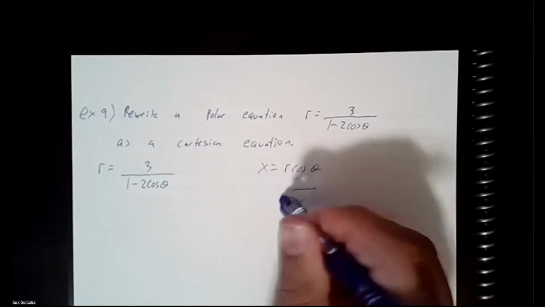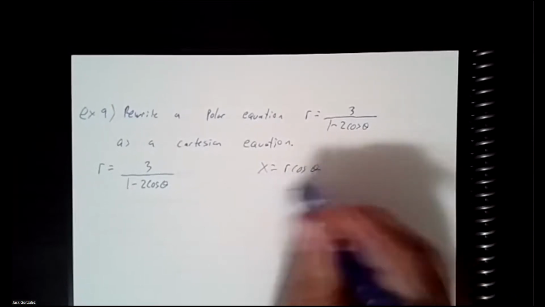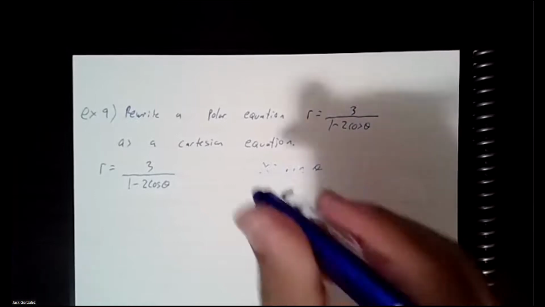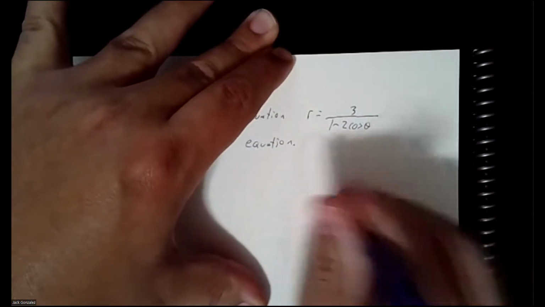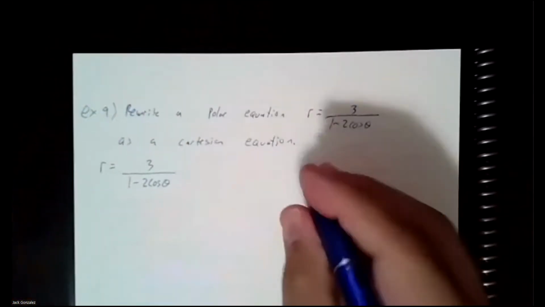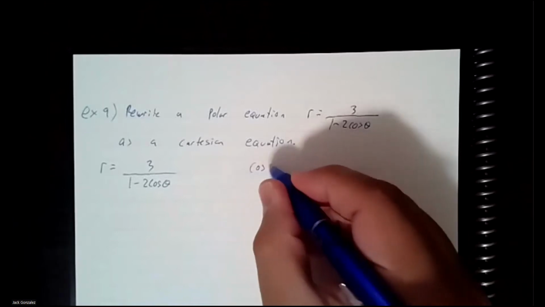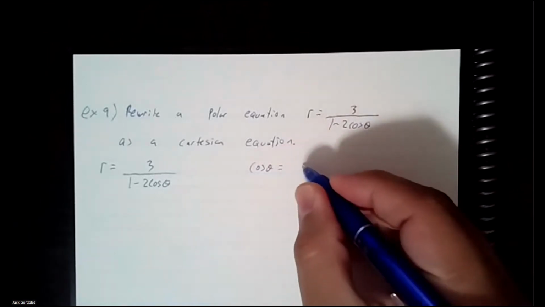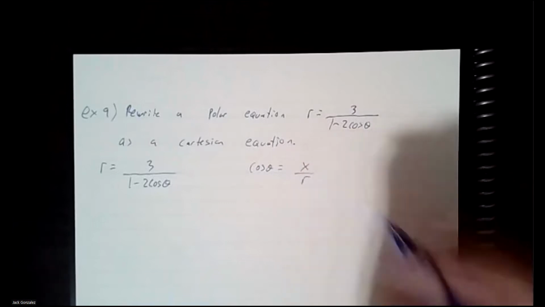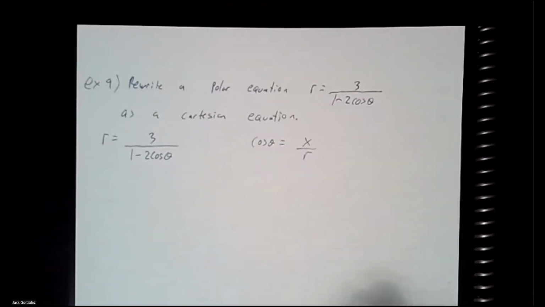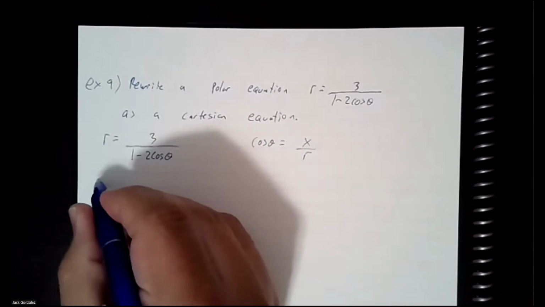We can use the original equation earlier. On the equation page, we said that cosine is equal to x over r, right? So this would be